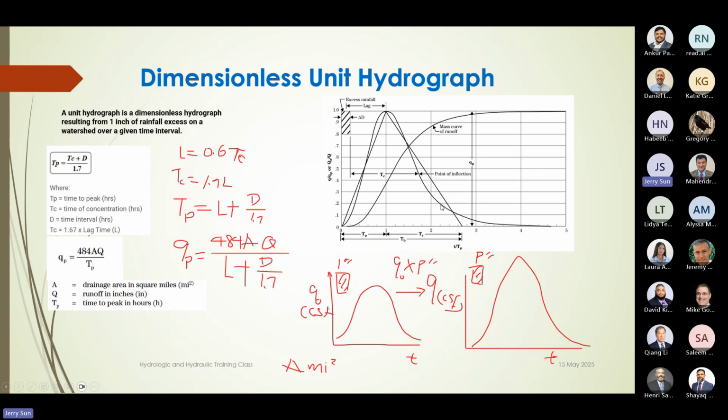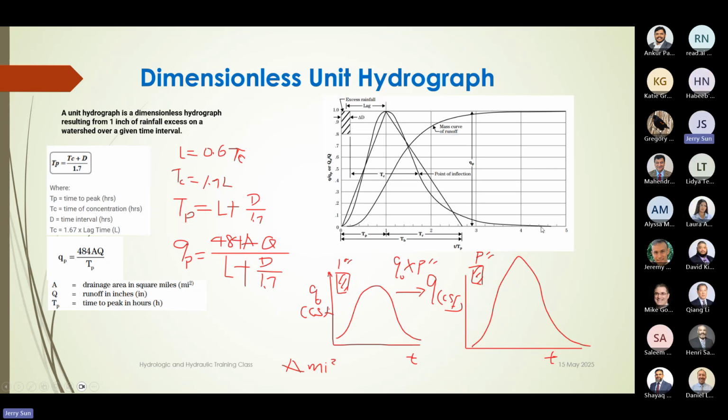That's called the unit hydrograph curve, right? Basically, if you don't understand, it's fine because they are a little bit complex. This is mostly based on the lab and tests verified by the watershed. Basically, their lag time. What the lag time is,